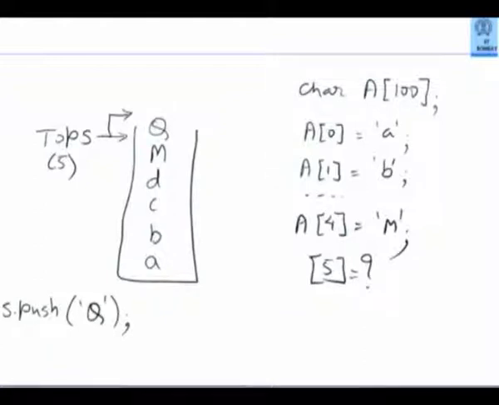I don't have to do anything about it. So notice that no declaration of internal data members, etc. Once I define a class called stack, once I define the member functions for the stack, then all is done. I just exercise the push and pop operations as I require, and I'll keep getting one value from the stack if I pop, or keep putting one value in the stack if I push.